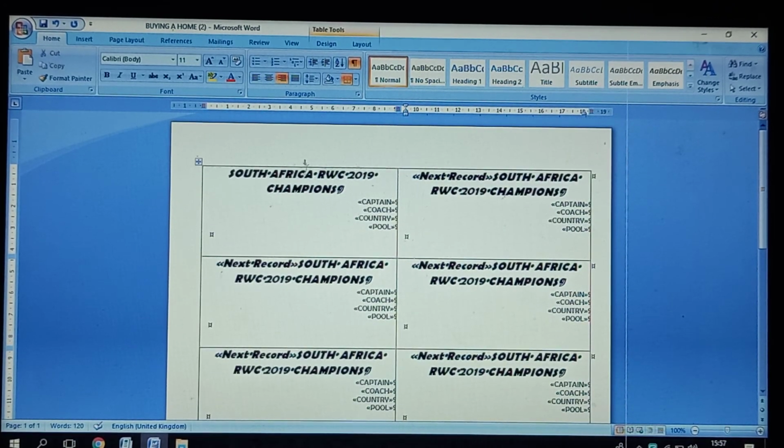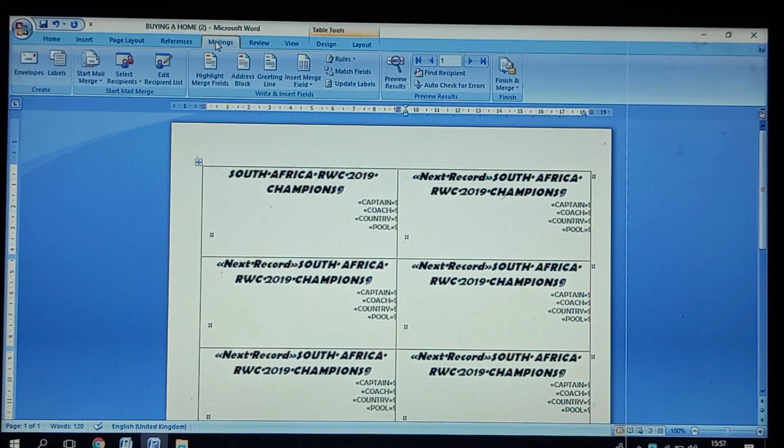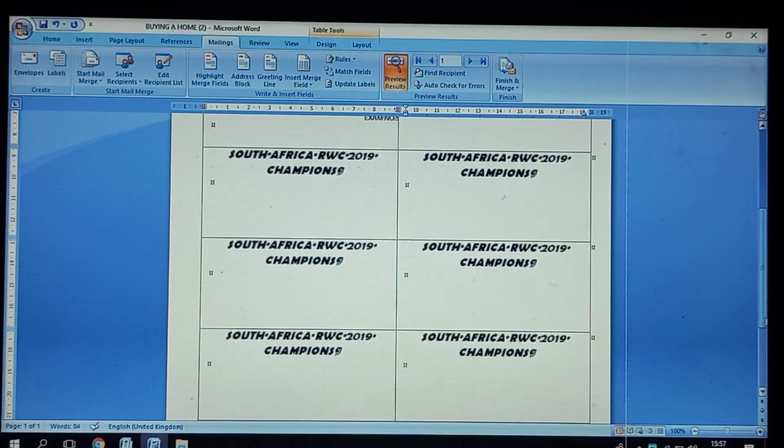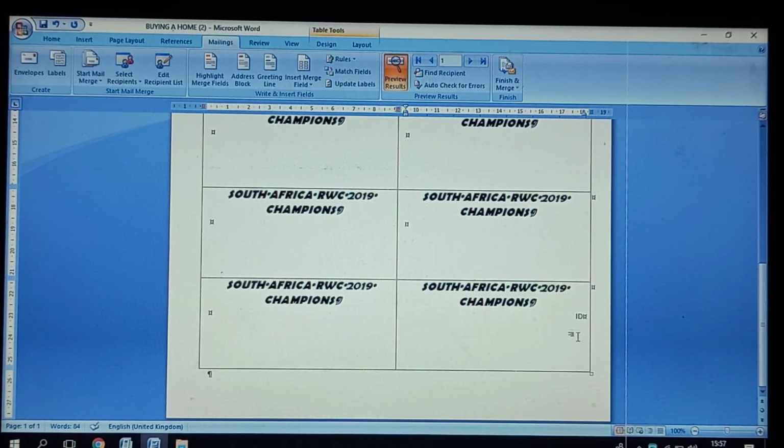From there you go back to mailings and you preview. Before you print this document, you preview. There we have the first label, the second label, and the third label. Bear in mind, you must not forget to insert your examination number on the last column of your